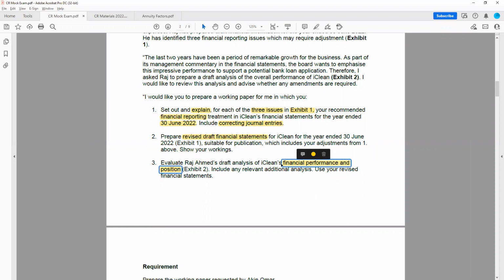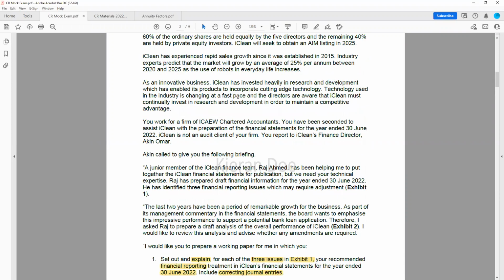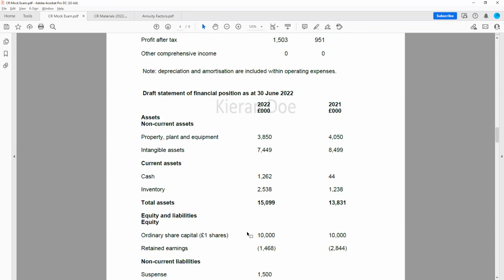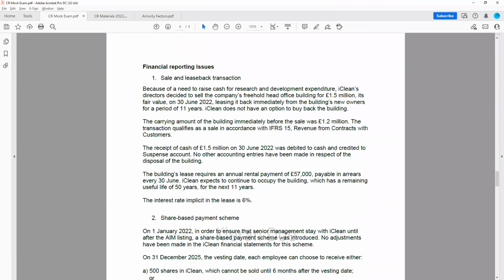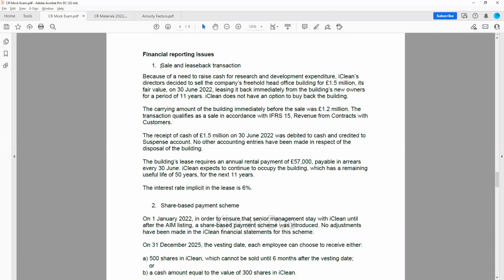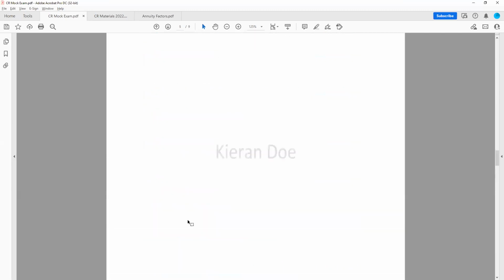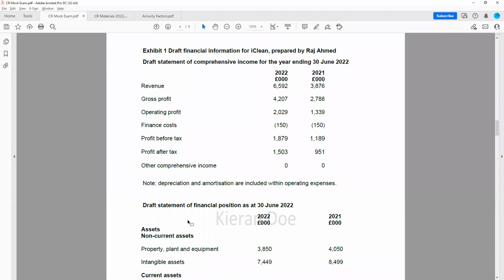So we can see here we have this for the later part, and we're using our revised financial statements here, and we've got Exhibit 2. So if we look at the exhibits overall, we know we've got the draft financial statements, which we're going to have to correct as a result of these 3 issues. So we need to explain the FR treatment for each of these 3 issues and overlay any adjustments to the